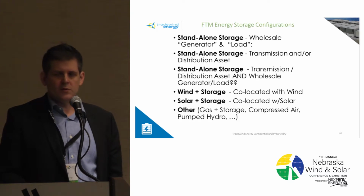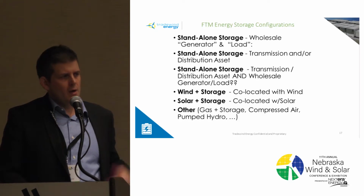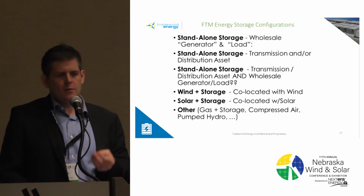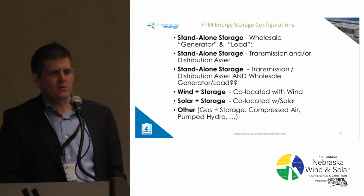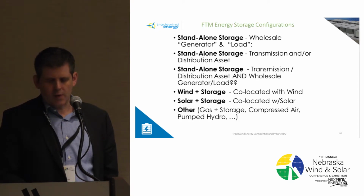There are quite a few of those in the United States, and there are a few in SPP, or one, I think, one large project in SPP. And then compressed gas is another storage, and there's a variety of other technologies. So I think lithium-ion batteries in particular are the technology of today, but that might evolve over time, and certainly don't want to exclude other technologies from participating in storage and being part of the resource mix, depending on the